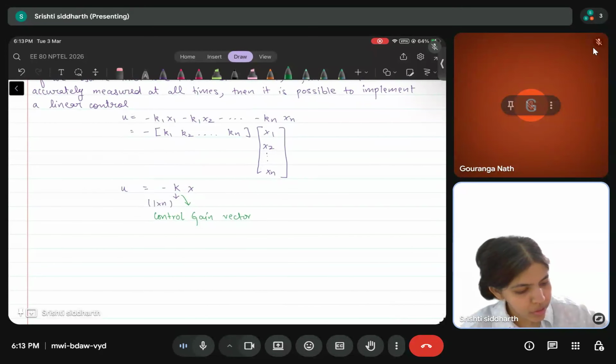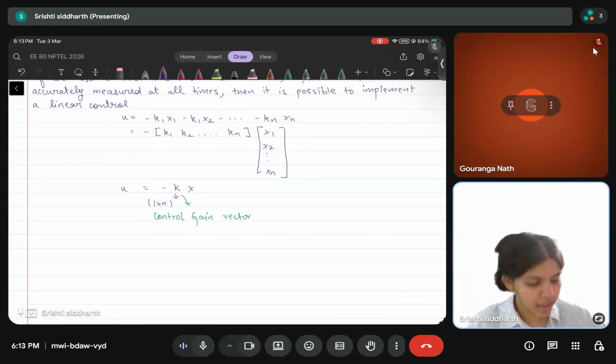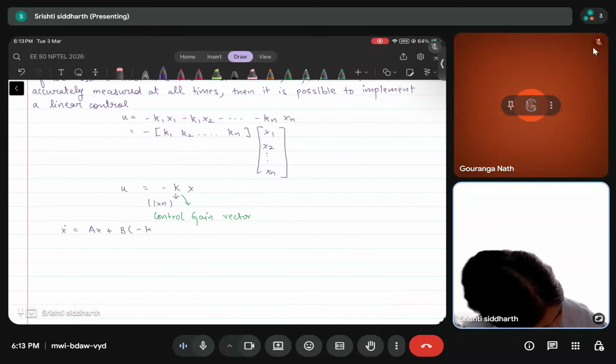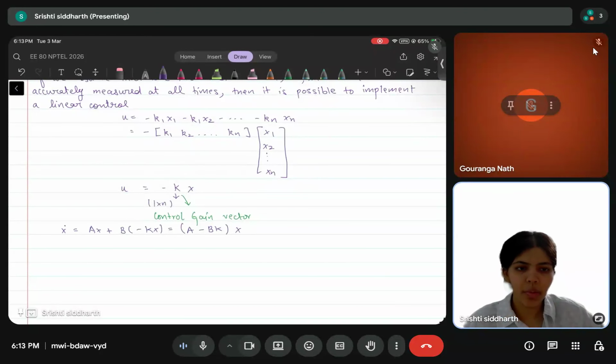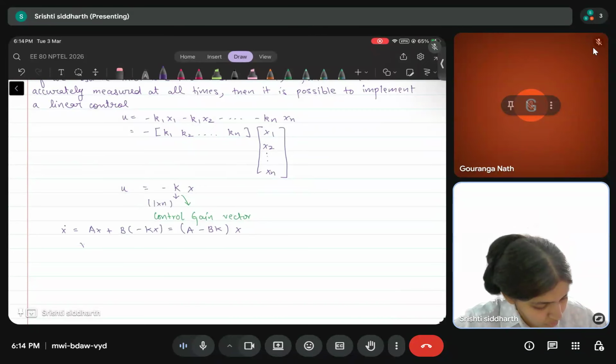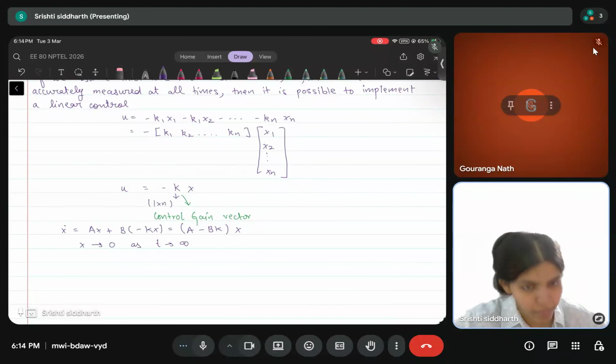So let's substitute this form of u in the LTI system. This is going to be x dot equals Ax plus B times minus Kx. Now this is a differential equation without input because we have already substituted the input. If we want x to converge to 0 as time t tends to infinity,